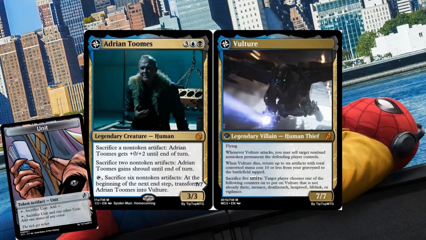But essentially, you're going to exile whatever it is, and then each player besides you, each opponent, is going to choose a number. And then you can pick one of those players, and you create a number of credit tokens, which are kind of like a colorless version of treasures, but you can also sacrifice multiple of them to get colored mana. Either way,